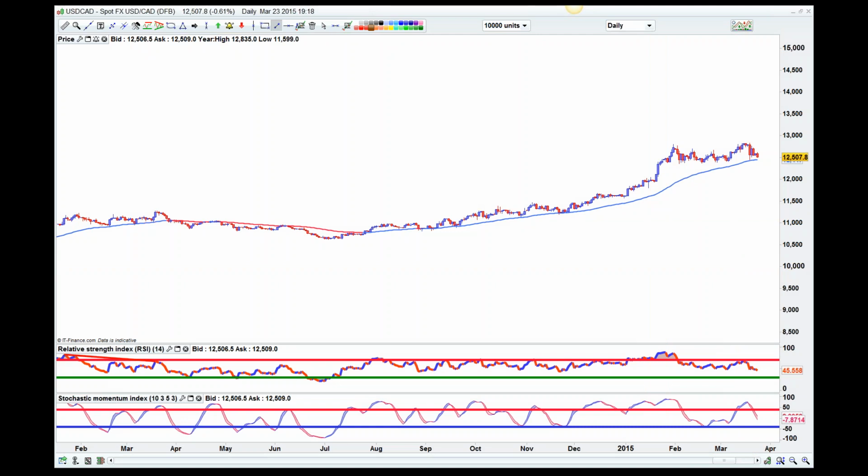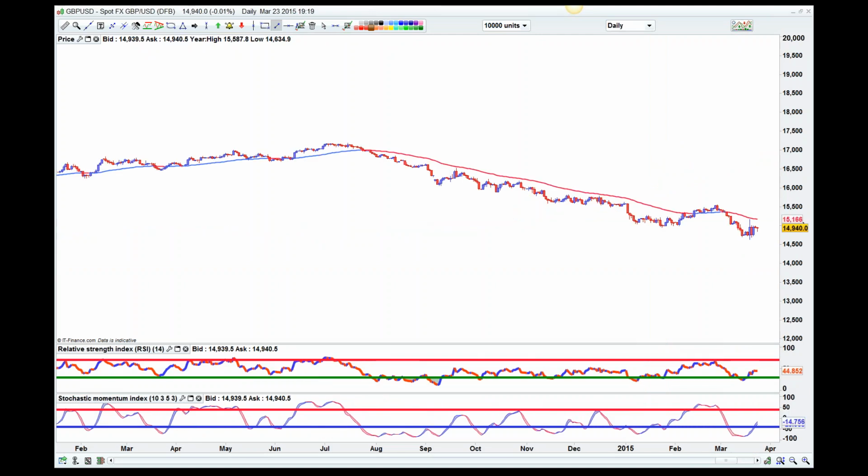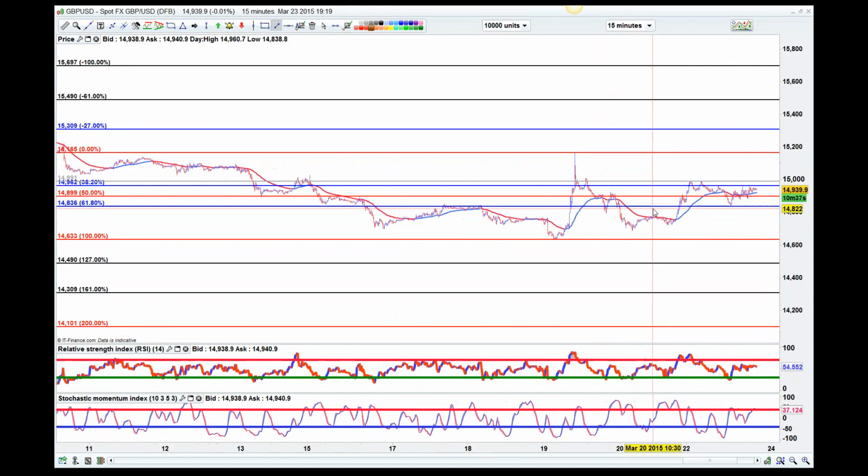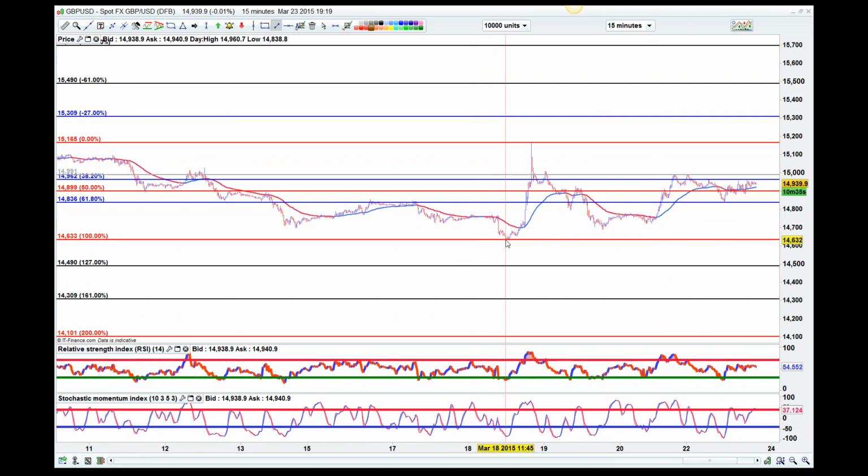Okay, so other dollar pairs. Let's look at the pound US. It actually had quite a nice move, look at the 15 minutes on this one. Fibs is the key, fibs unlocks the code, and there is the FOMC move from 146.33 to the high of